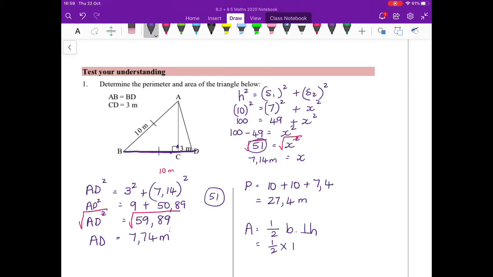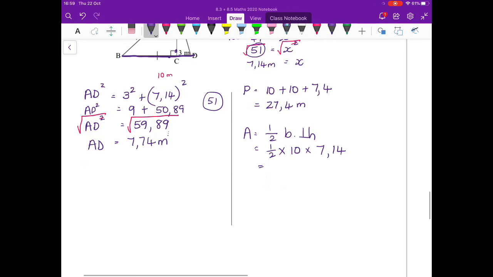So it's going to be a half multiplied by 10 multiplied by my perpendicular height, remember, was 7.14. And if I multiply that, use the calculator, that will give me 35.7. What are they? They are meters. And remember, area is two-dimensional,